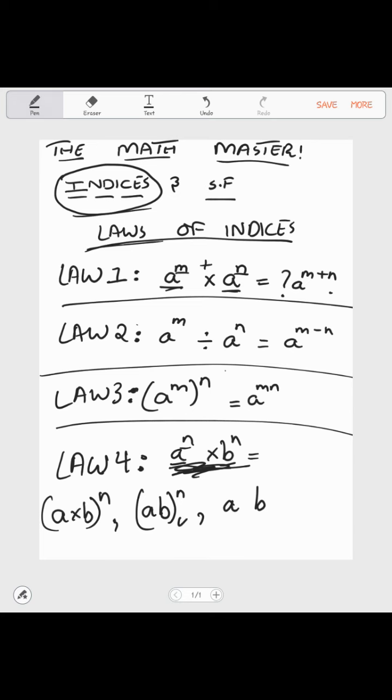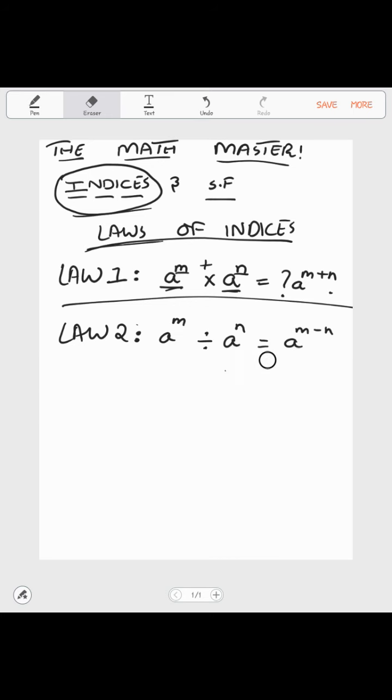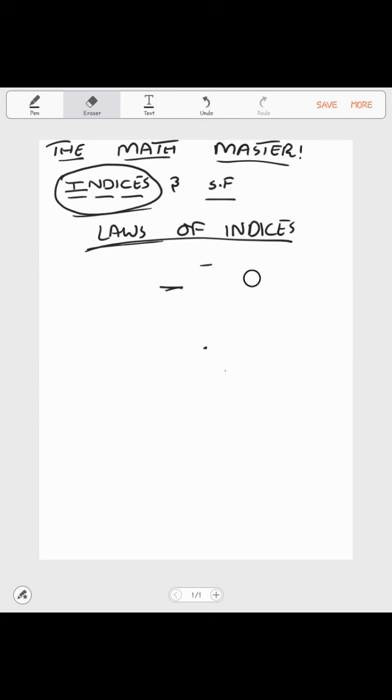I rely on this one, and of course this one as well, because it's easy for you to do the other stuff as well. Brackets prove a very good point in learning. So we can write the general equation a^n into b^n equals (ab)^n. These are the fourth law. And moving on to the fifth one, I don't think there's enough space, so I'm going to erase. I hope you take a screenshot or something, or maybe you've memorized them. So, law 5,